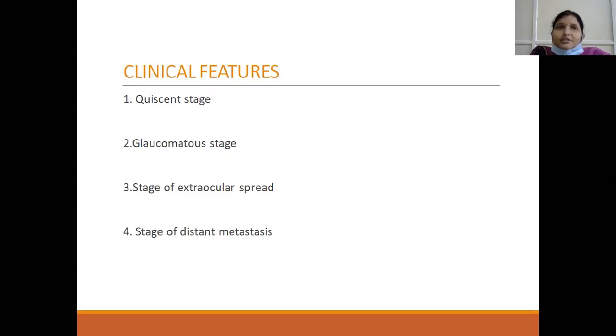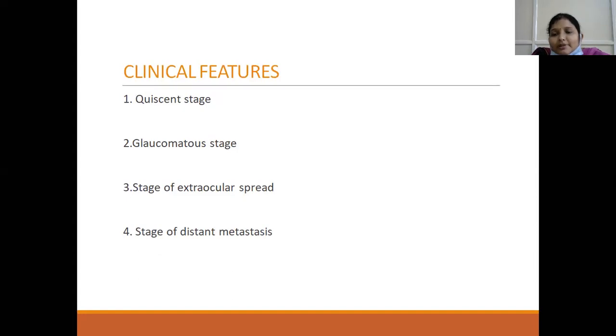So on examination, the patient will have circumcorneal congestion along with edema of the cornea, and the anterior chamber will be shallow because there is forward displacement of the iris. As mentioned previously, in glaucoma, the pupil will be vertically oval, mid-dilated and fixed. And how will be the IOP? It will be elevated.